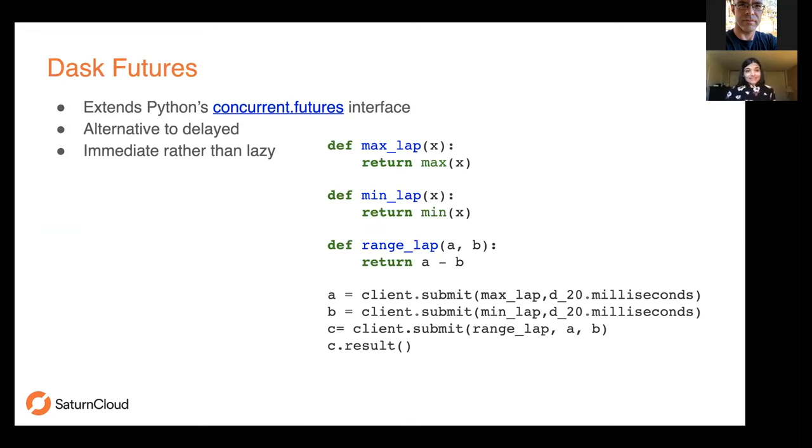Okay, so it might happen that there are some computations which are real time, where you want results immediately. In that case, you have an alternative to Dask delayed, which is Dask futures. It extends Python's concurrent futures interface, and it is not lazy. It performs the computations immediately. In this example, I have the same functions which I was using before, but here I'm calling